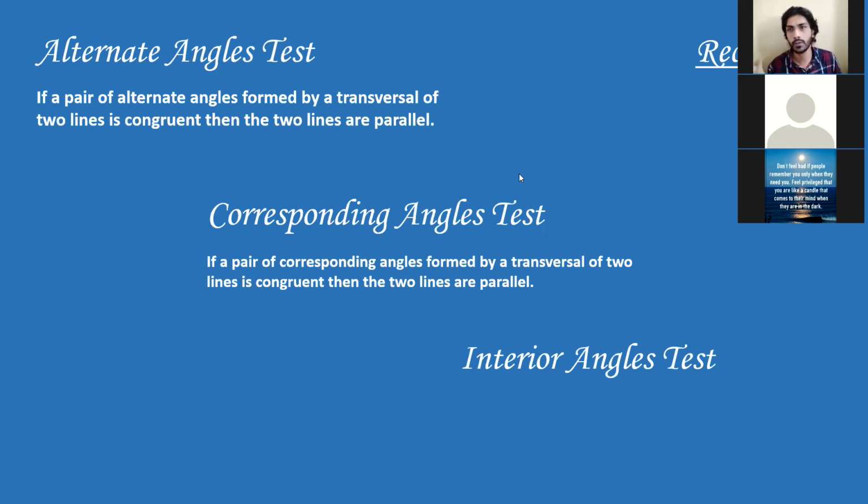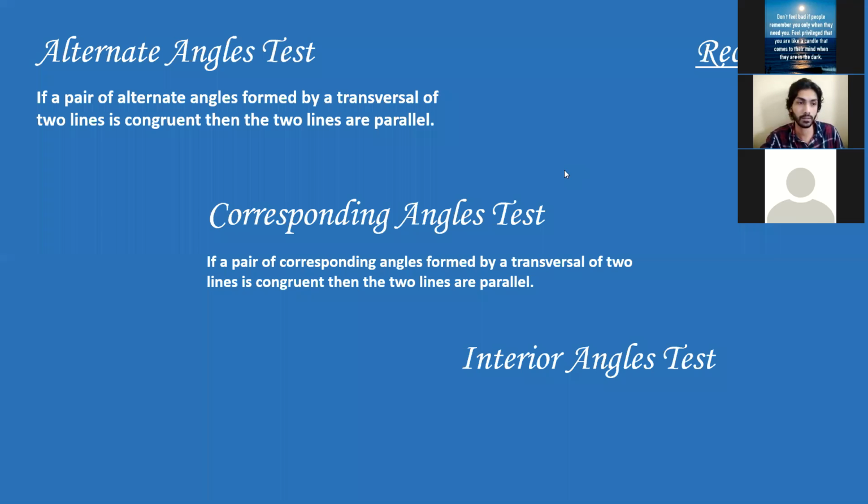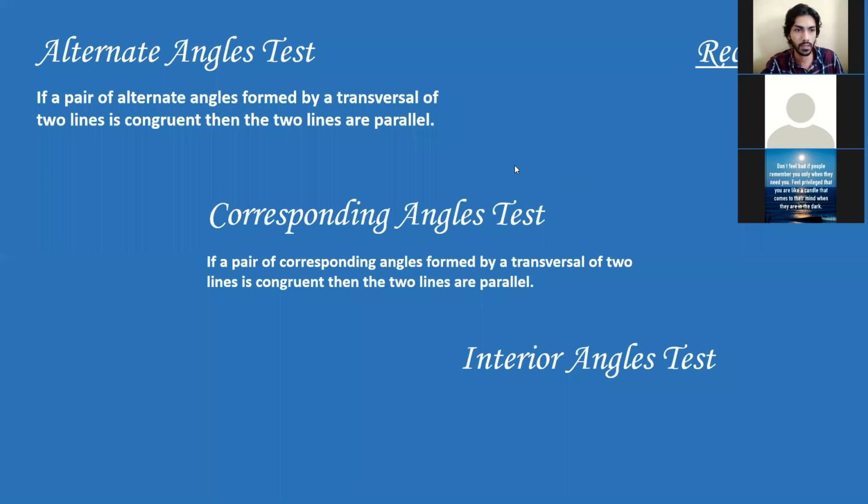And the last one, folks, interior angles test. Come on, now this is also pretty easy. We did this last time. So one of you just quickly come off mute and answer this so that we can go ahead to what we're going to be doing today. Come on, no one. You forgot what is alternate angles test. Seriously. I'm gonna request someone else to. Yeah, go ahead. When two lines intersect, the pairs of opposite angles are congruent, equal.